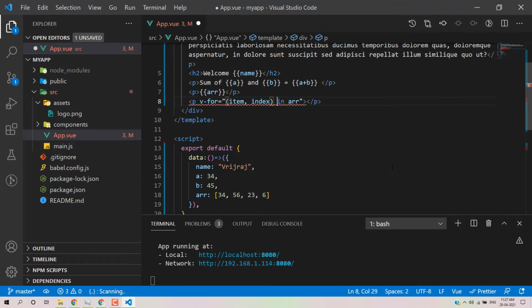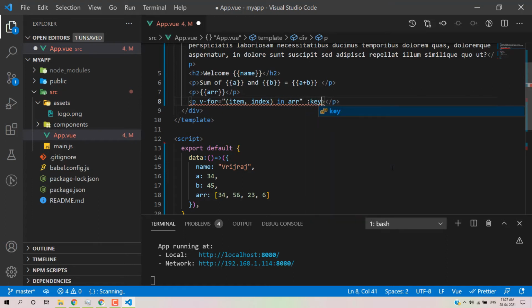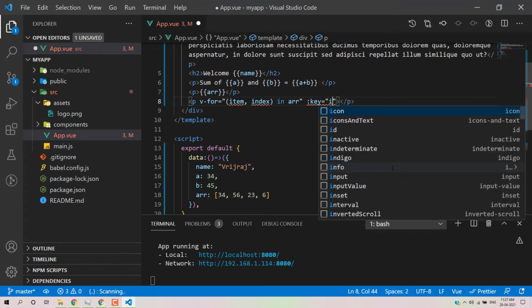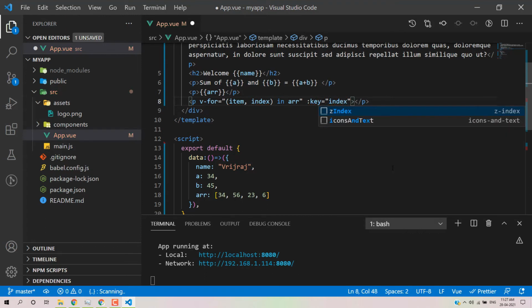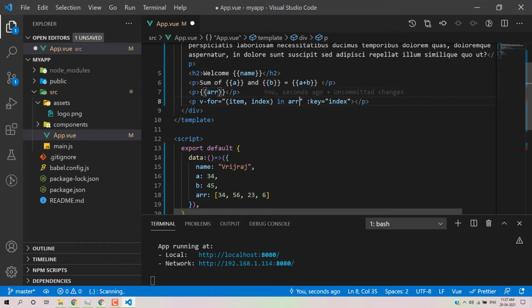Basically what I'm doing is applying a for loop in Vue.js. I have defined the array here, and inside the small brackets we have used two things: first it will give you the item, meaning the element, and then the index. And here we need to define the key. So how can we define the key?